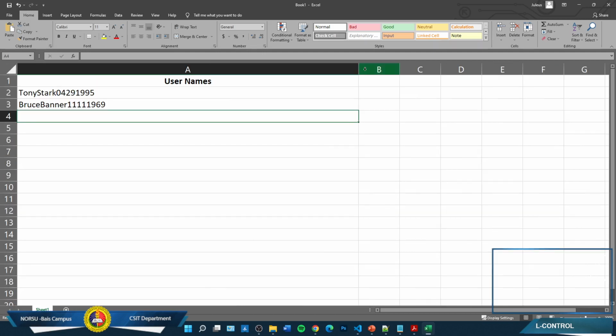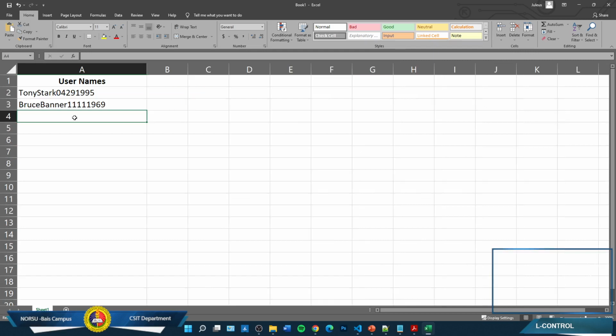Allow me to give you a scenario. So you are given a file, a document that contains these details. So we have Steve Rogers, 12 24 1914. So what I'm talking about is, for example, you'll be given a file that contains something like this,